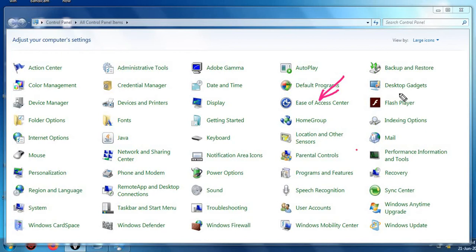If your mouse is not working, or your keyboard is not working, or sticky keys, which we have seen, we don't want to press two keys together also. All these facilities are available in this Ease of Access Center. Okay, so let's open this.